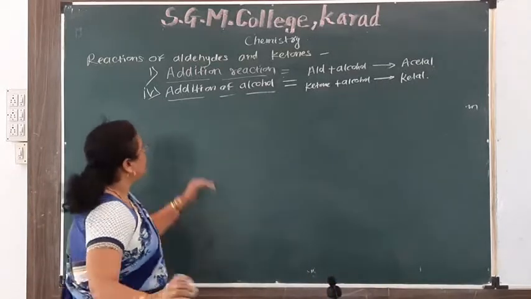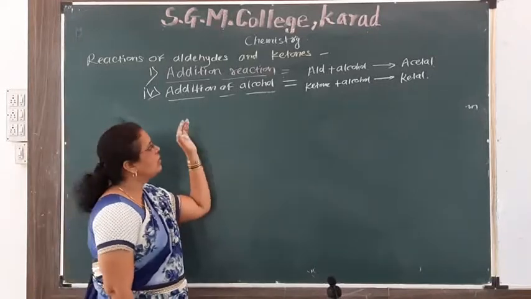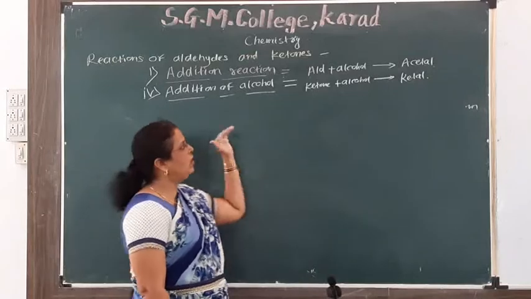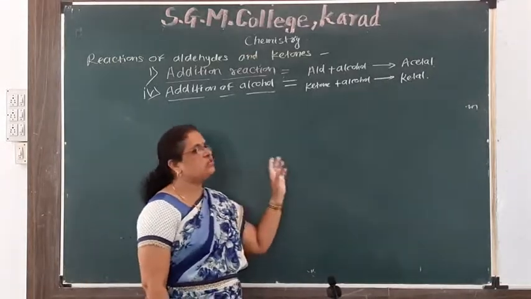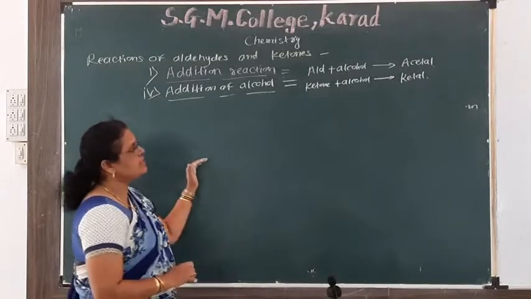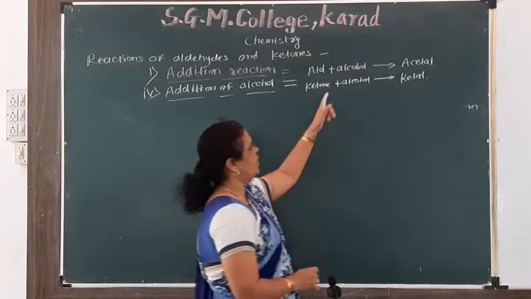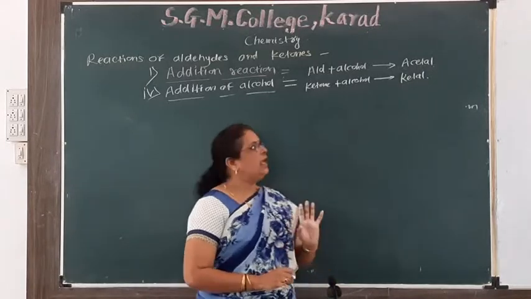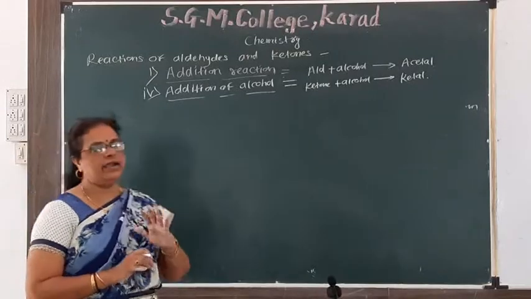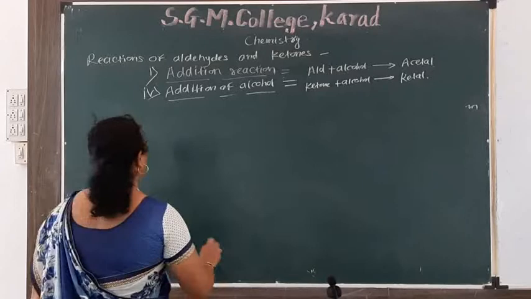Means when aldehyde or ketone is treated with saturated monohydric alcohol, then it first gives hemiacetal or hemiketal. Then this hemiacetal or hemiketal is again treated with one more molecule of alcohol, then we get acetal and ketal. For example, here in case of aldehyde,